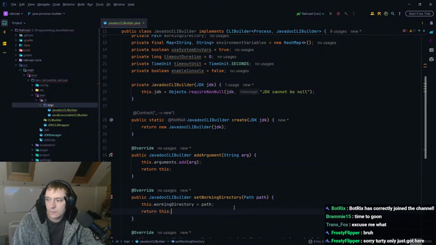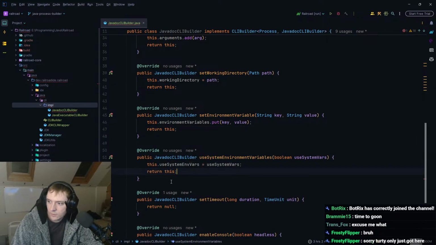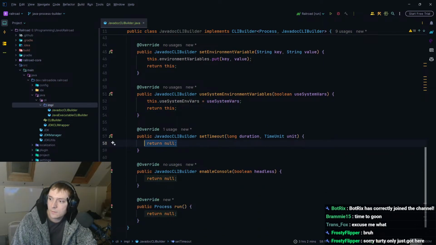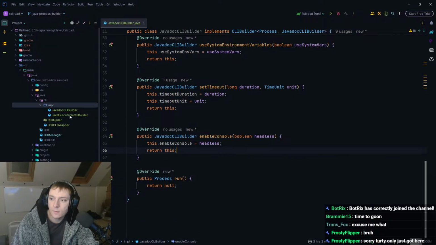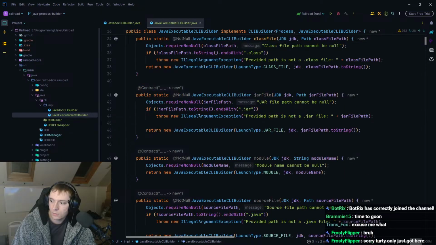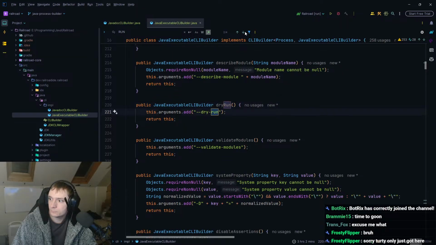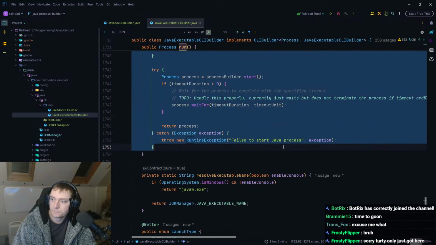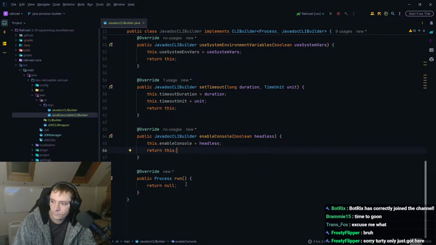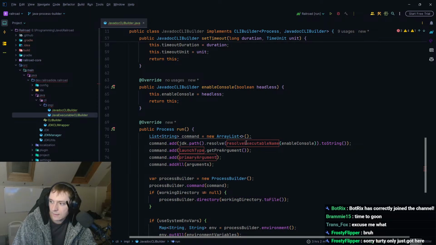Set working directory. Obviously going to do that. That's going to do that. These are not going to be anything special. That's going to do that. That's going to do that. That'll do that. Okay, the run, I'm actually just going to copy paste, I think. So let's find it. For the most part, this is going to be the same. So put you in there. And yeah, basically the only difference is this is going to be